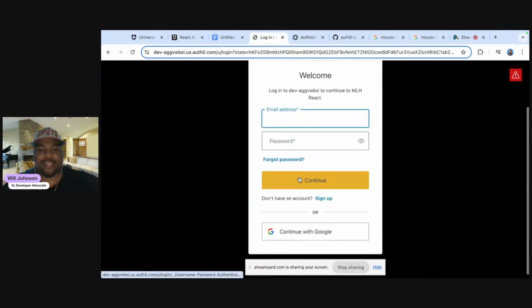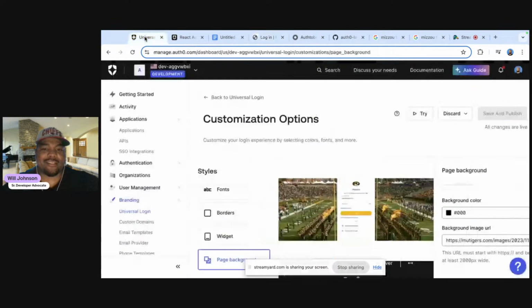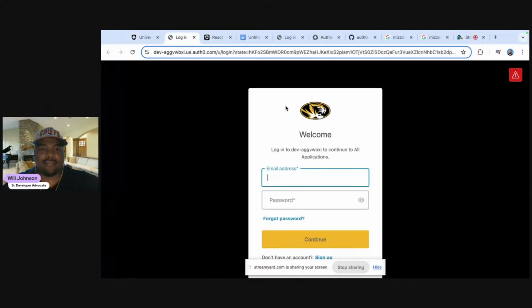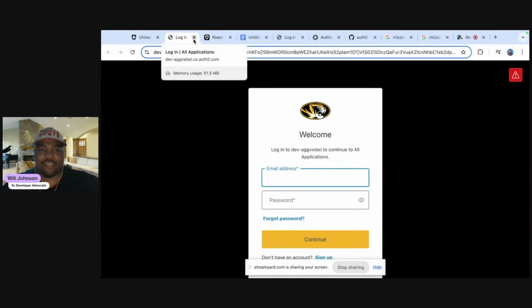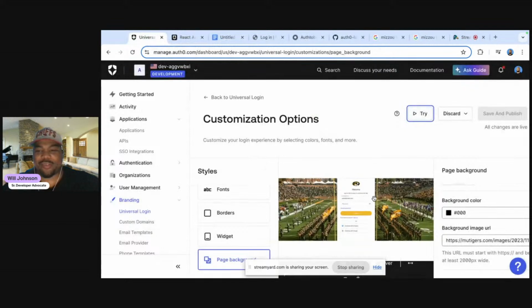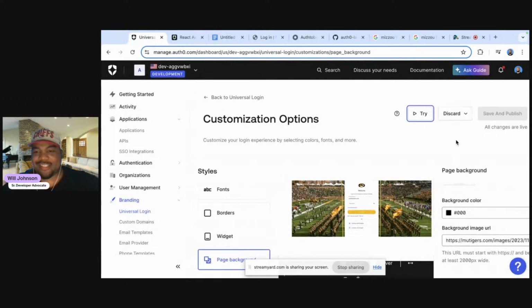Oh, what did I do wrong? Interesting. Might be something with the URL or something, but that'd have been great because it says all changes are live. So yeah, not sure why it's doing that, but